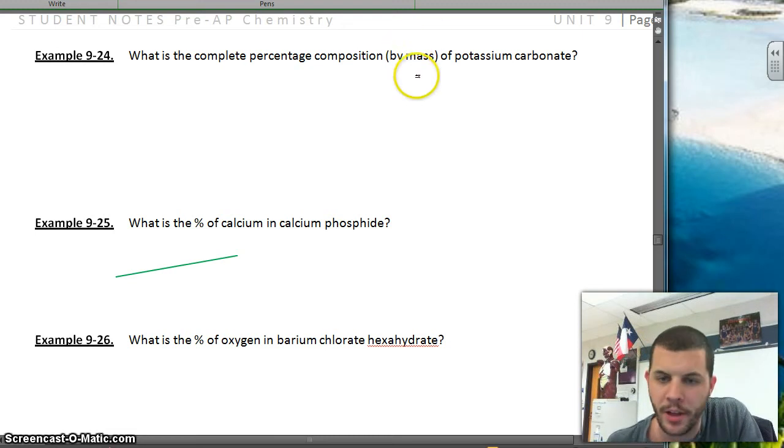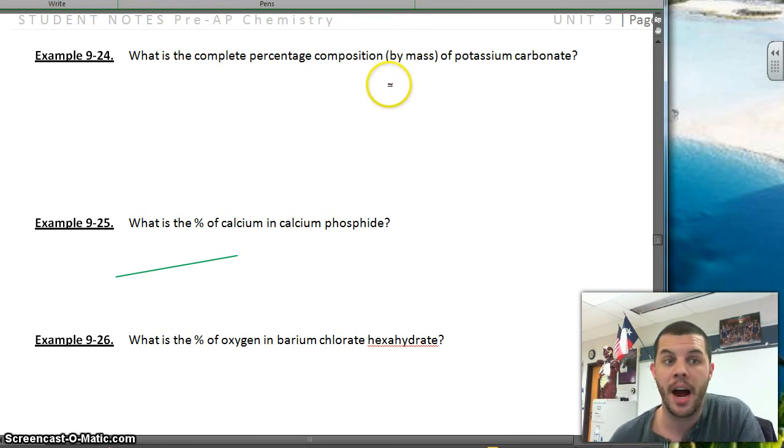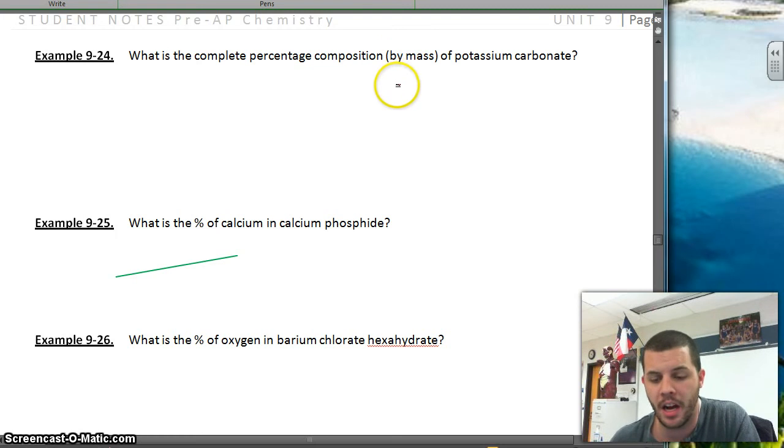All right, let's learn another thing about Unit 9. We're going to take a look at percent composition. Basically, if you think of a molecule or a compound as a pie chart, you've got different amounts of that pie chart being taken up by different elements. So if you think about H2O, you think, oh, there's two hydrogens and one oxygen, so it must be